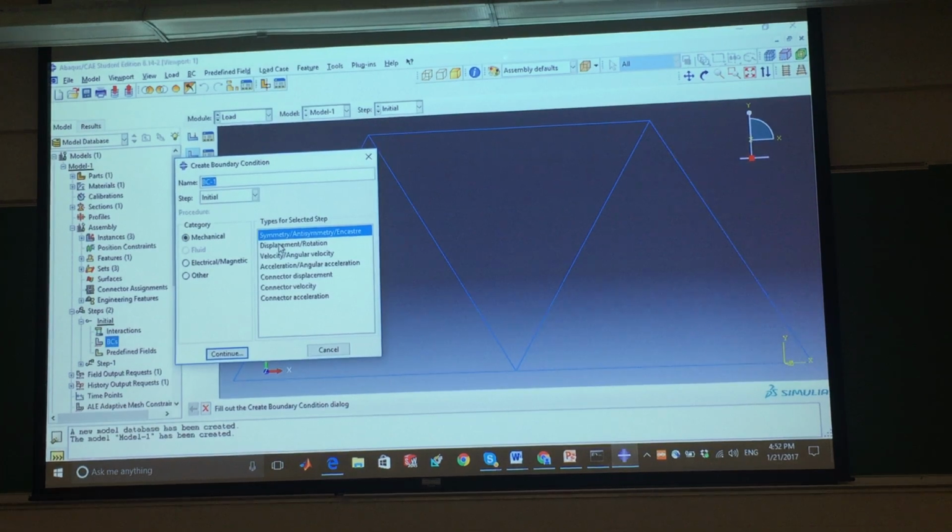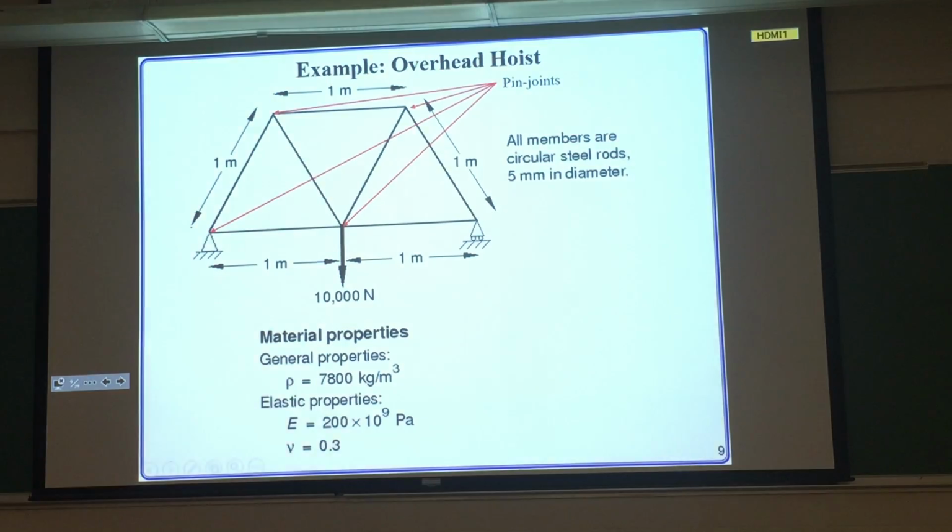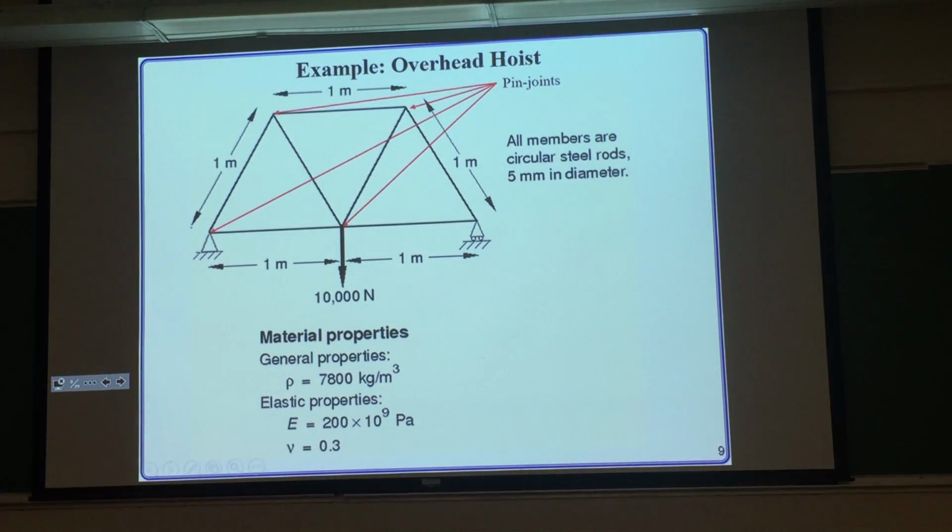Now symmetry/antisymmetry is what's initially highlighted, and that's for when you're cutting a part that is symmetric, you can apply this to the nodes that you cut off. But for this, we're just doing a displacement/rotation boundary condition for two nodes. So if we go back and look at the part on our PowerPoint, you can see at the bottom left there is a pin joint, and at the bottom right there's a roller joint. So if we go back to ABAQUS,